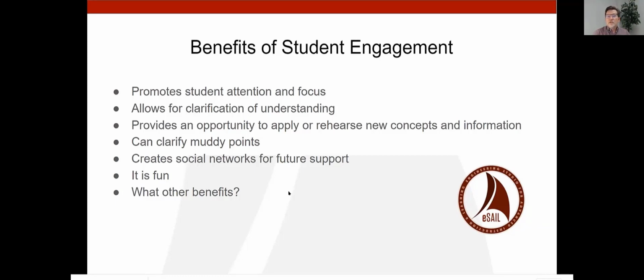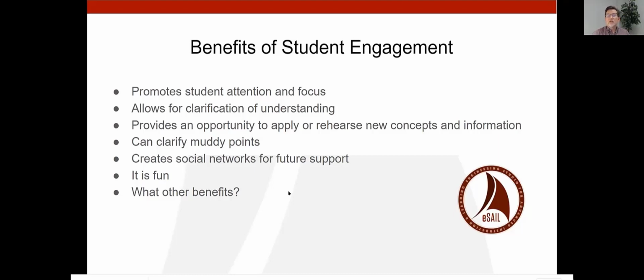It also provides students, depending on how you're planning and what the engagement activity is, an opportunity to apply or rehearse the new concepts that they've been learning. And as we know from learning theory, being able to apply what you've learned or to rehearse it helps the learning to stick with you longer.